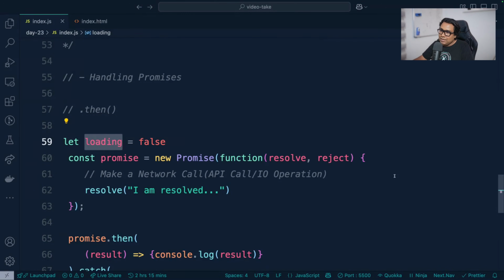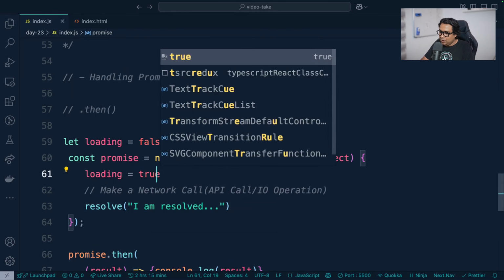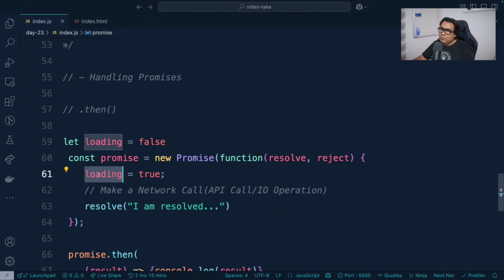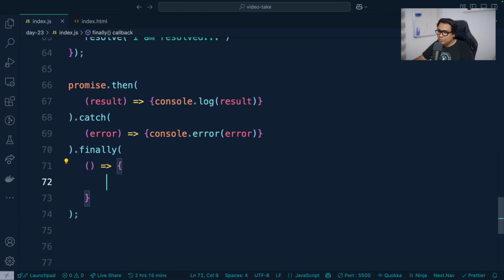Now, once you start making this call, you would have set loading equals to true, because using this particular variable you might want to show a loading indicator on your screen. Irrespective of whether it is resolving or there is an error, you don't want to show that loading indicator all the time, right? You want to kill that loading indicator. So maybe in finally, you will be doing loading equals to false, and that's the right way of handling it